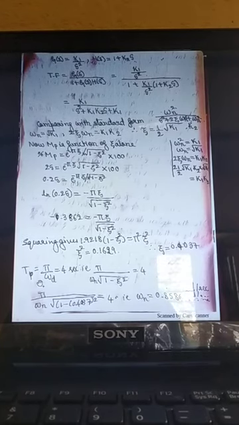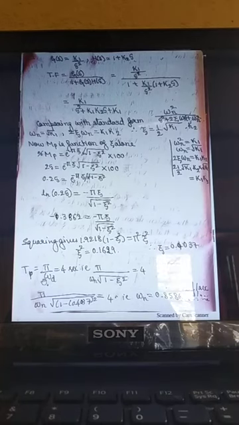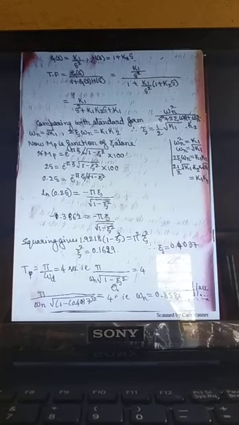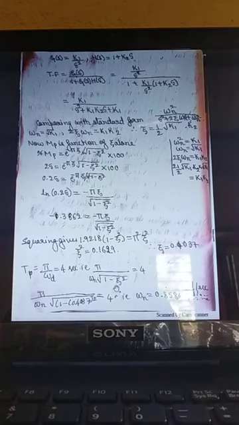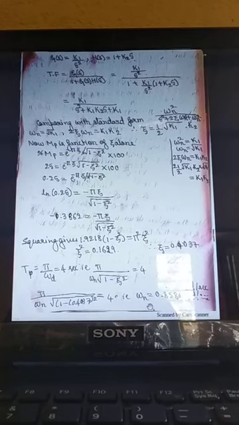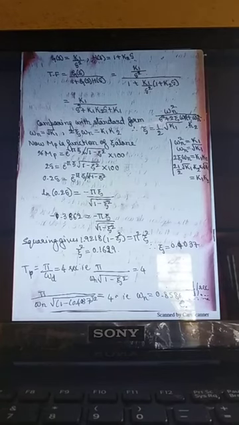Next, the Tp value. They have given the Tp value, 4 seconds. You need to find out omega n. Tp is equal to pi divided by omega d, which is pi divided by omega n square root of 1 minus zeta square. You know the value of zeta, substitute. You know the value of Tp, that is 4 seconds, so that we can find omega n is equal to 0.8586. That is the omega n value.